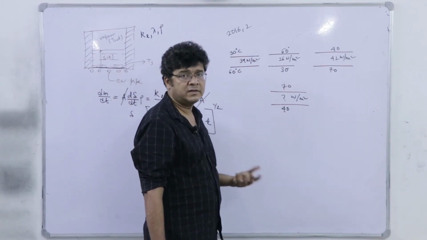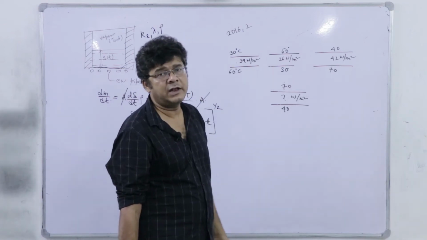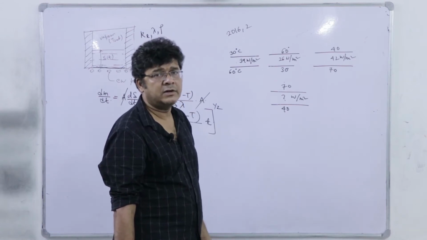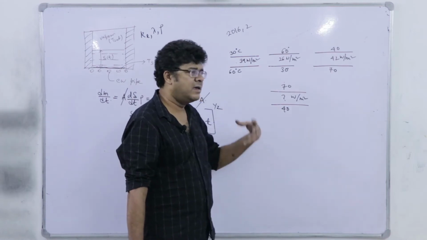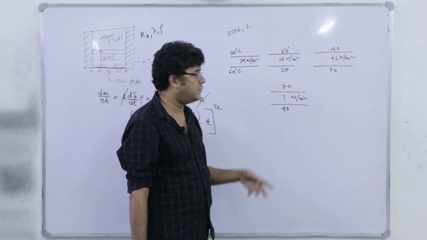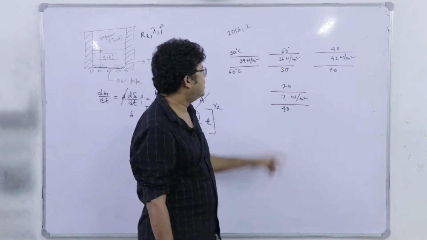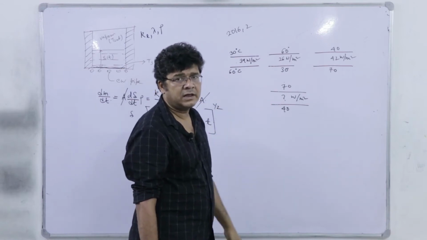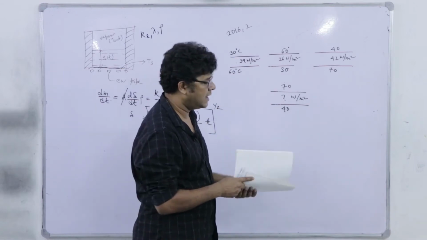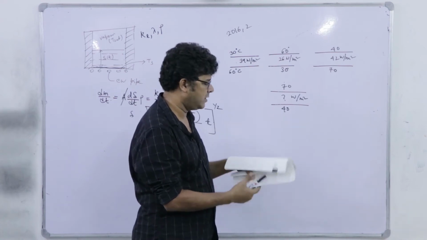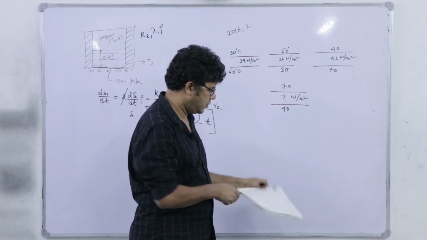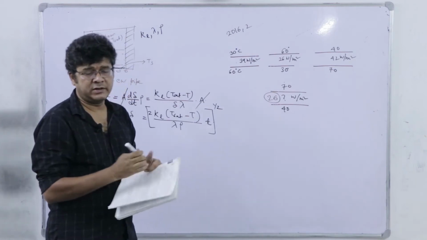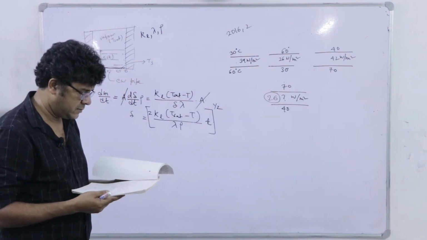And what is the temperature difference? 30 degree. Conductive heat transport depends only on temperature difference, right. K into delta T divided by L, or area is not there. K thermal conductivity into temperature difference divided by thickness. So, thickness remains same, right. Temperature difference 70 minus 40, 30, 60 minus 30, 30 and K remains same. So, here the answer is nothing but 26 watt per meter square. So, my answer here is 26. So, you do not have to do anything, it is a 2 marks problem, entirely conceptual.